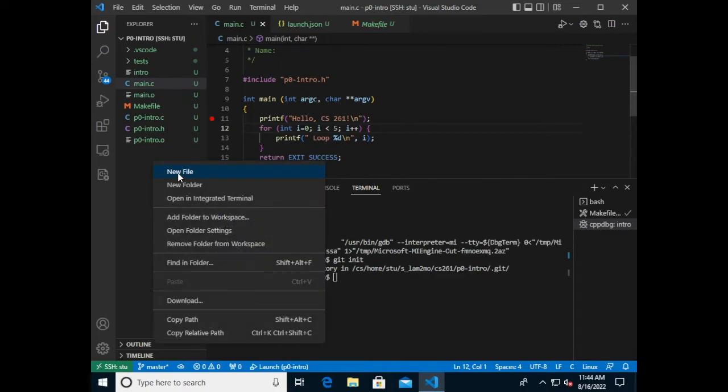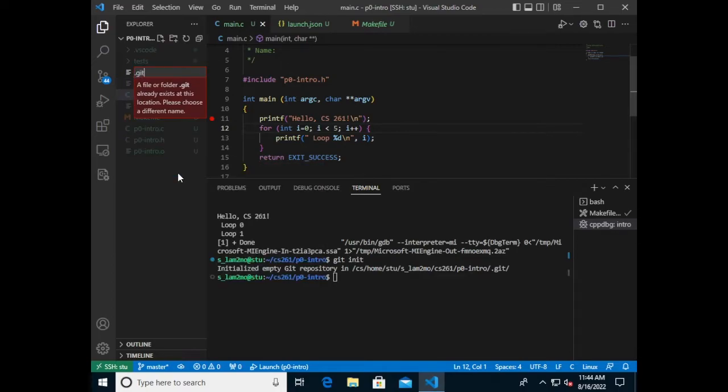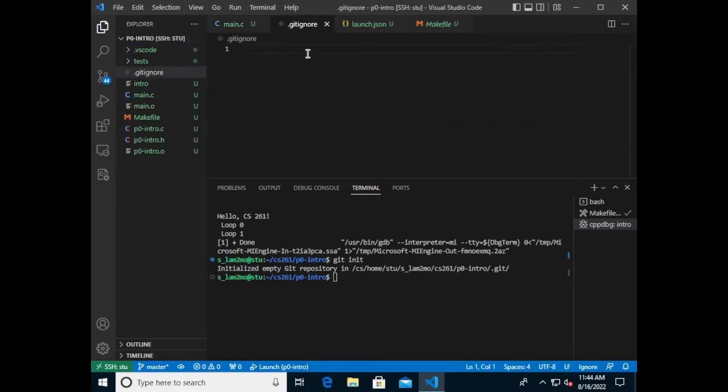So we're going to create a new file. We're going to call it .gitignore with a dot in front. So this is a hidden file. It won't show up in our ls by default, but this is just the special file name that it has to have. So .gitignore, so make sure you spell that right. And then inside that file, we're going to list things that we want Git to not worry about.